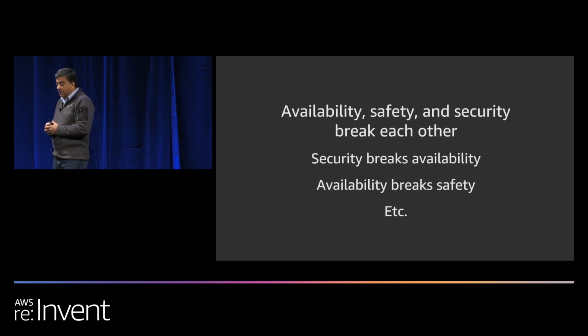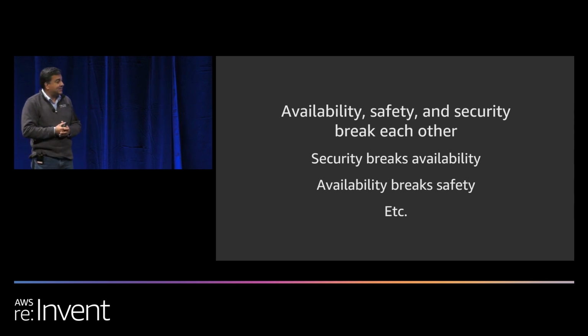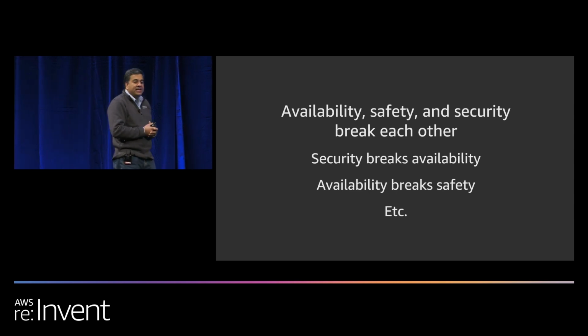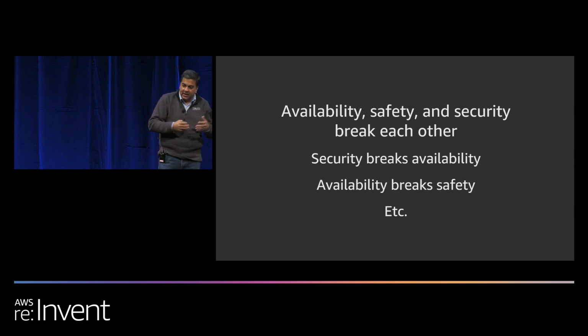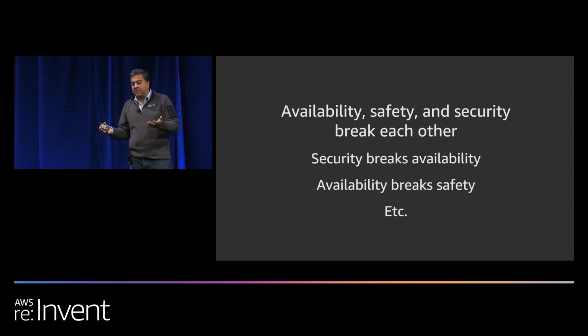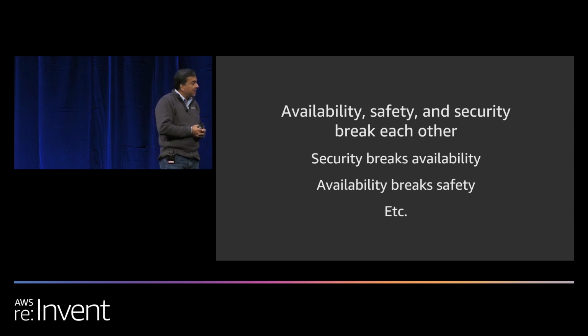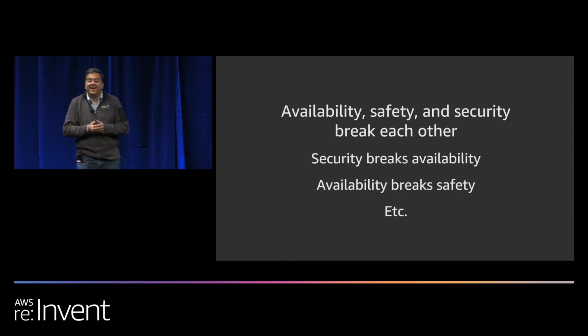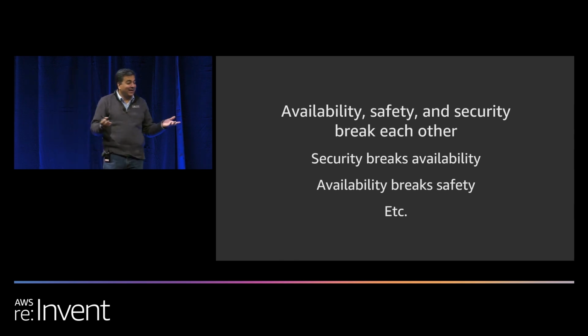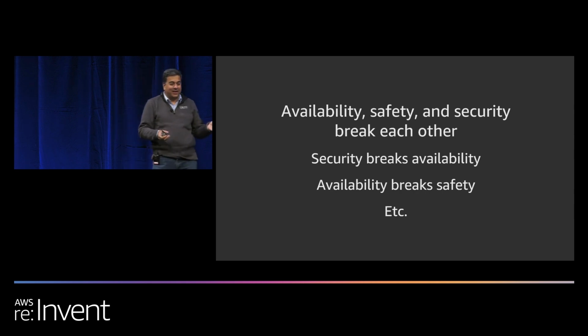Another important thing about these three is that they break each other. Like, I'll give an example, right? So an example here is a hacker hacks into a computer and shuts down your main application. So that main application means your availability of that application is gone. So you have lost availability. Now, take it further, right? Suppose that application was an application running in your self-driving car, right? That could lead to a catastrophe for the passengers in the car, right?